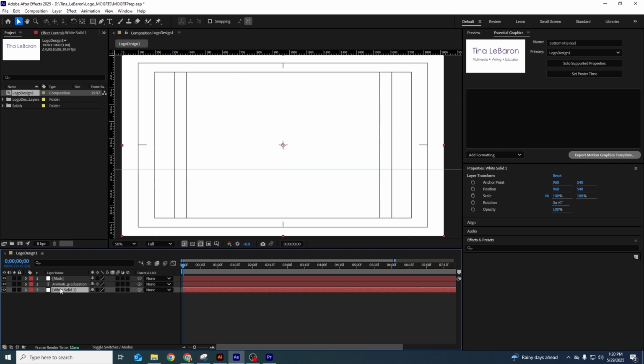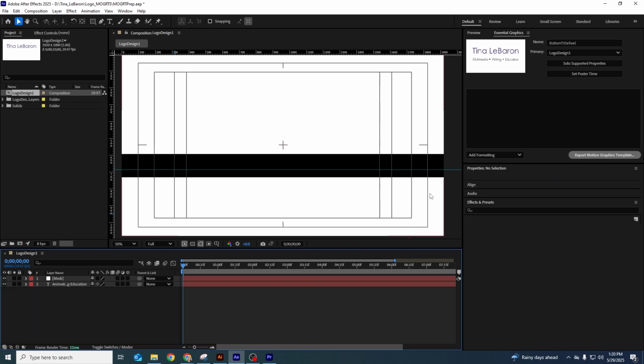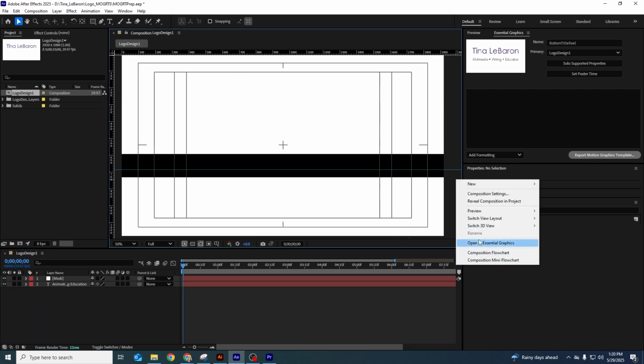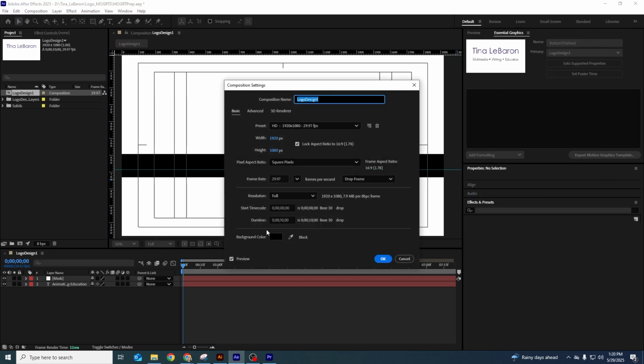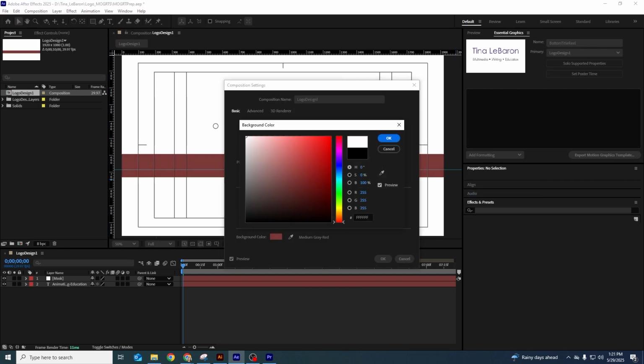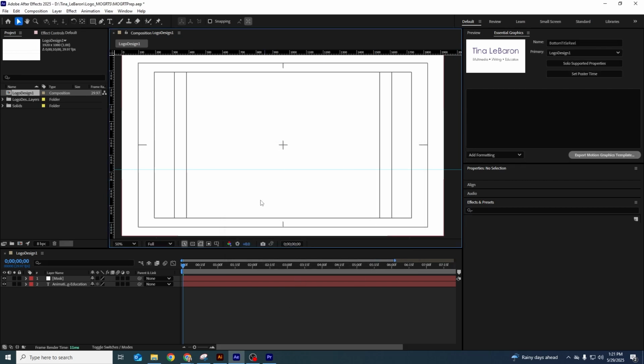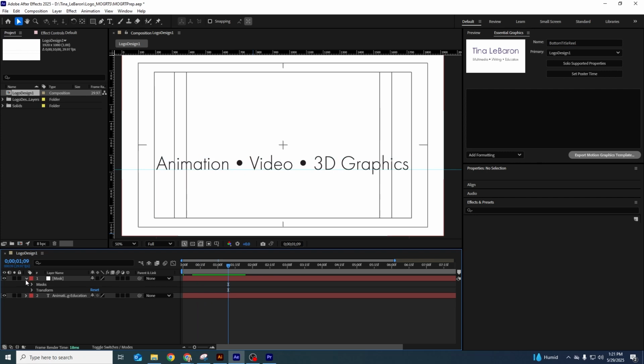And I'm going to go ahead and delete this background solid as well. I know we talked about most of the time you don't want to set a background color because it doesn't export. In this case, if I wanted to still be able to see my text, I change the background color and this background color will not export into my MOGRT. As I want to look at this mask shape,